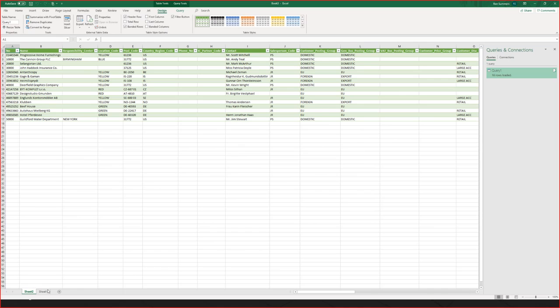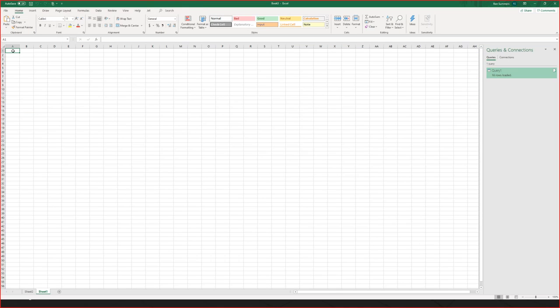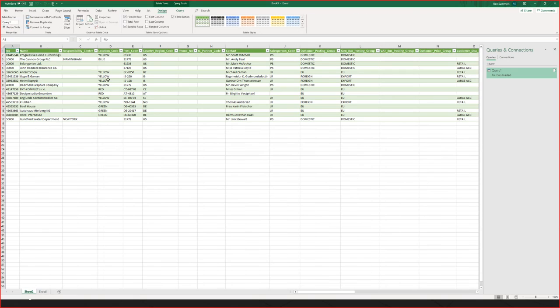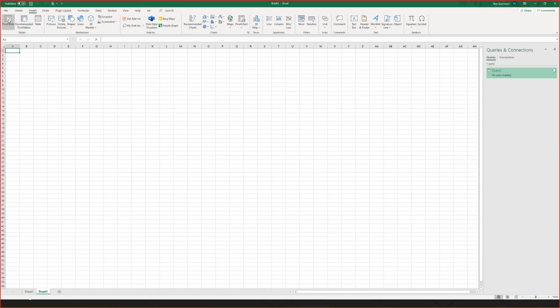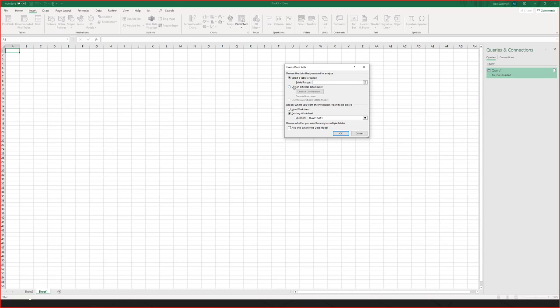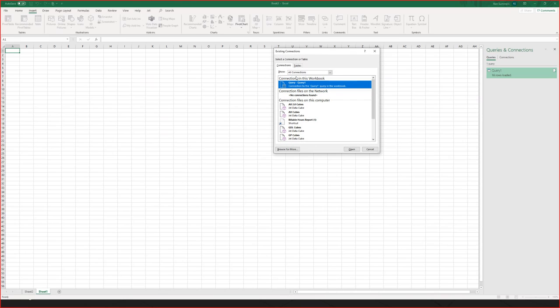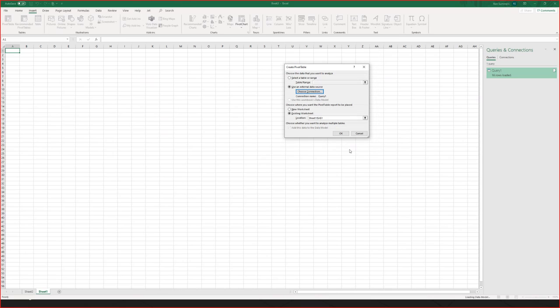Now that I have that information, what can I do with Excel? It's just a regular Excel table. Some people just leave it in this format because I can filter on it and run reports. But let's say I want to give it more of a dashboard type feel. So we're going to drop a pivot table right here, and I'm going to say use an existing connection, because I've already got the connection that we just made, and I've got that table right here. We're just going to connect to that and say okay.